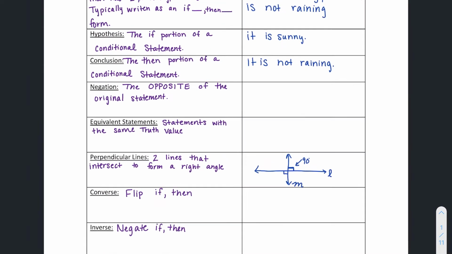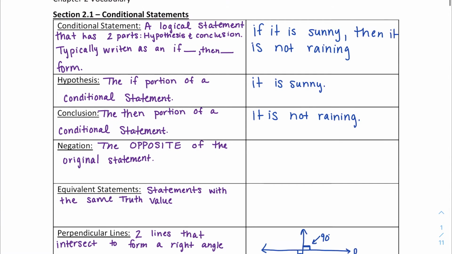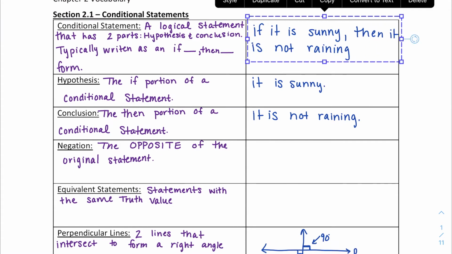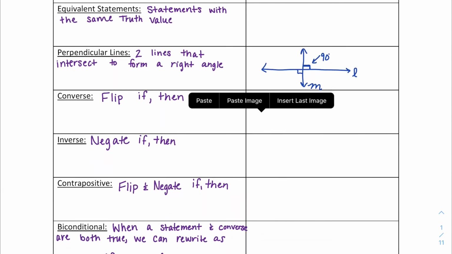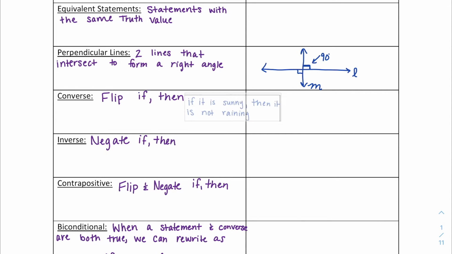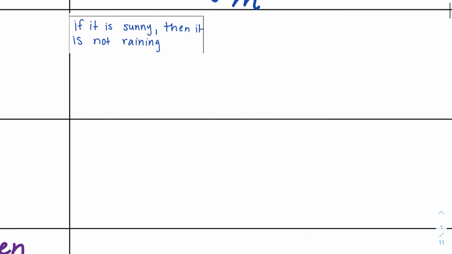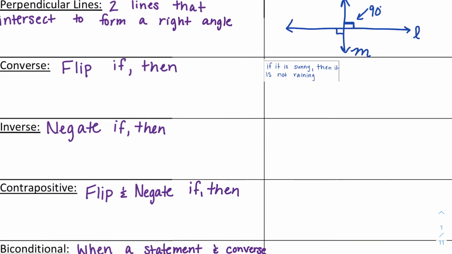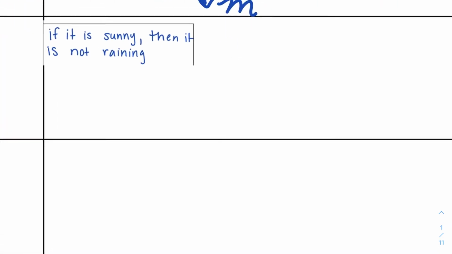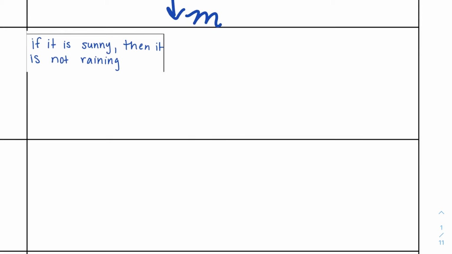So let's talk about the converse. First I want to go back and take my original statement and copy that down here so that we know what my original statement was. My original statement was: if it is sunny, then it is not raining. The converse takes my if-then statement and flips my hypothesis and my conclusion. So my new converse would say, and again I'm going to keep my if and then in the same place,